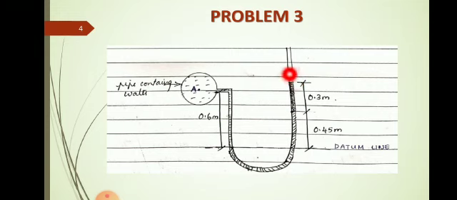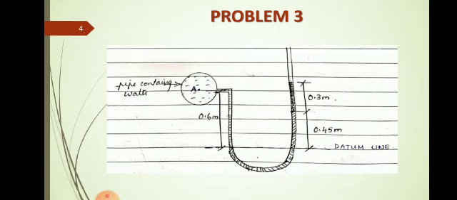And then it is open to the atmosphere. So I hope the figure is clear. This is the pipeline. This is the U-tube mercury manometer which is connected to the pipeline, and water enters the mercury manometer from the pipeline, and it will push the mercury to a particular height. So here water has entered to a height of 0.6 meter, and from there mercury starts, and mercury is at a height of 0.45 meter above the level of mercury in the left limb. So this is 0.45 meter, and above the mercury there is benzene present for a height of 0.3 meter, and above that it is open to the atmosphere.